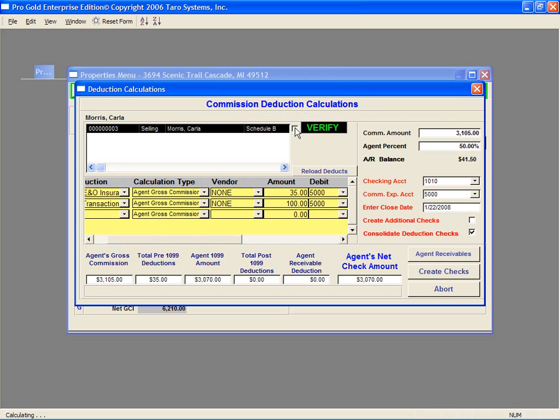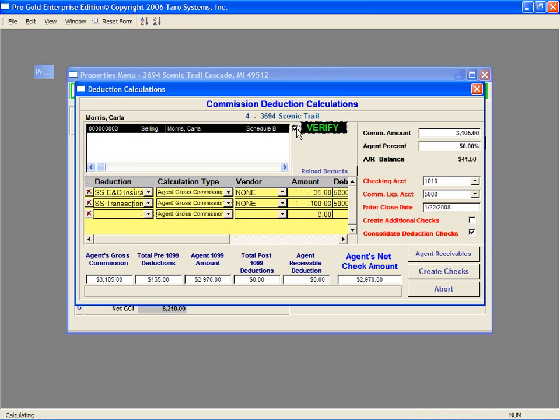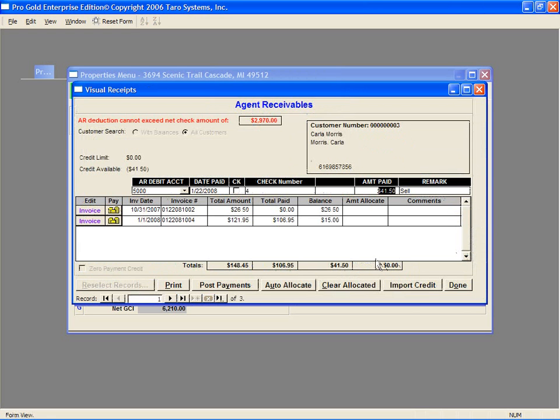top of the screen. Below the percent in the upper right corner is the AR balance. If the agent's receivables have not been paid, the balance appears, and this can be taken directly out of the commission. In the bottom right corner is an Agent Receivables button. This opens the receivables screen and allows you to select how much of the agent's receivables to take out of the